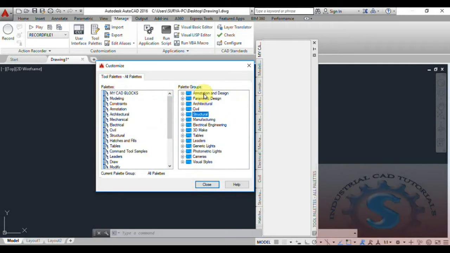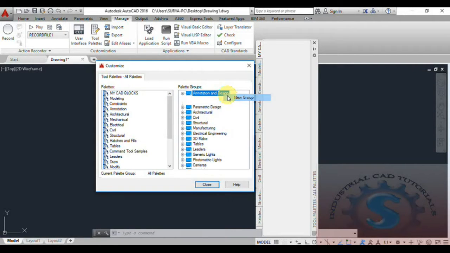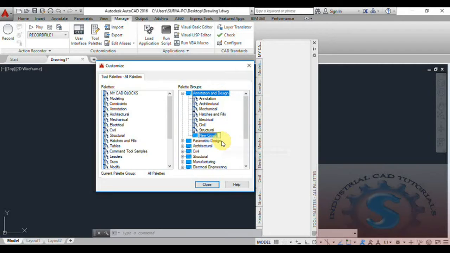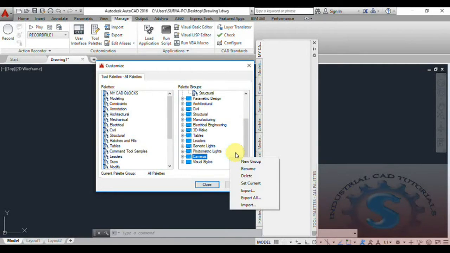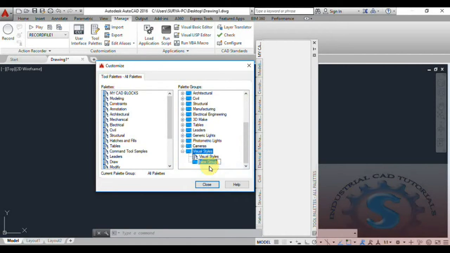Next you want to create the palette group. I want to create it on the existing group. On the annotation and design I want to create a new group, and double click. If you want to delete, you can also delete. If you want to create different types of new groups, you can give the new group. I'm going to the visual styles. I want to create this new group, click on that new group, and simply double click on that and give the name as you wish. I am giving the name industrial like this,